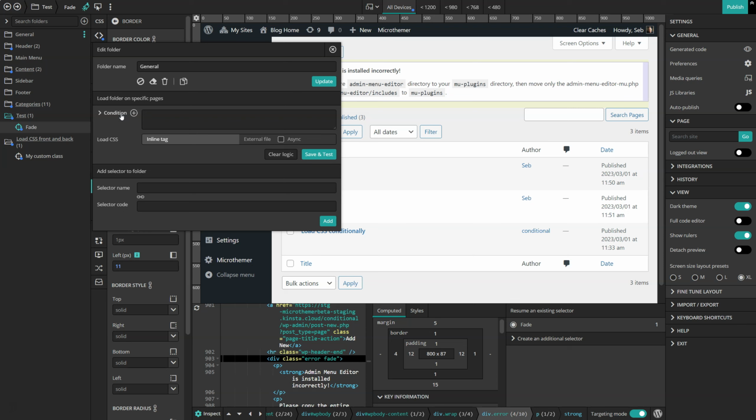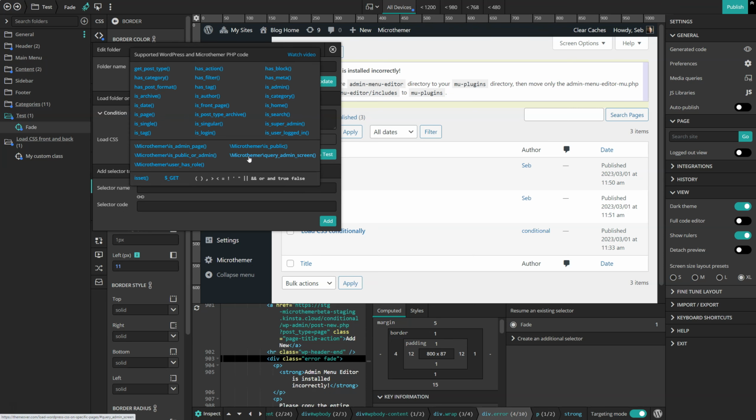I'm also planning on adding some extra functions here so that you can easily integrate with other WordPress tools like, say, Advanced Custom Fields or Meta or any other kind of third-party content where you want to match the styles with a particular condition. So please let me know if you have any requests for additional functionality here. And finally, with this new system of conditional folders, I was thinking about possibly modifying the way selectors are automatically added to folders. So right now,